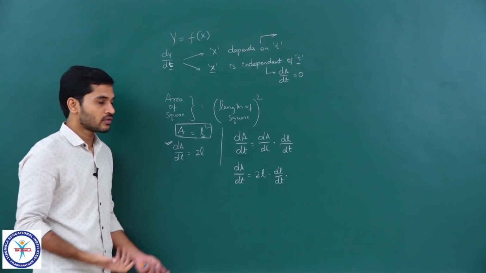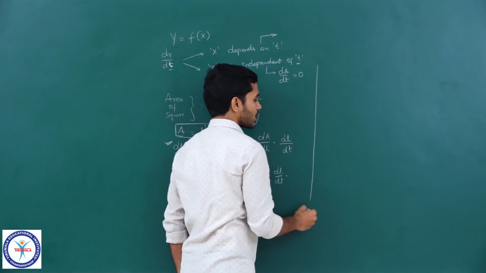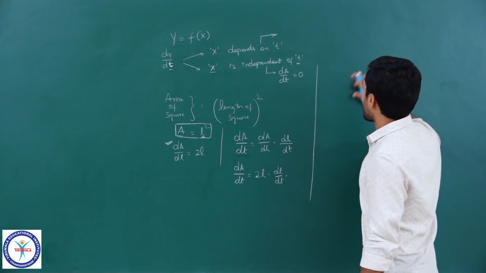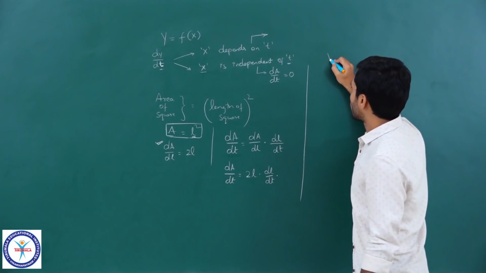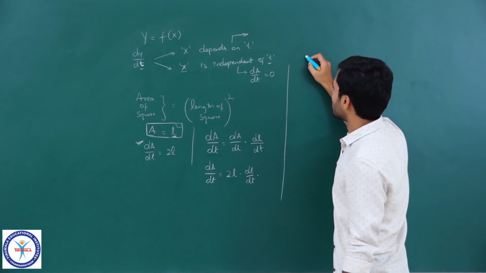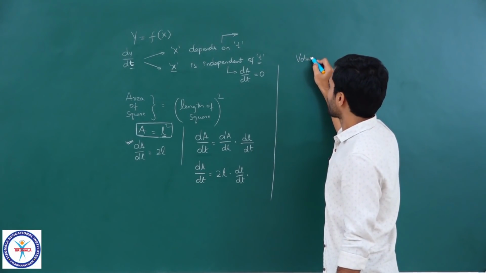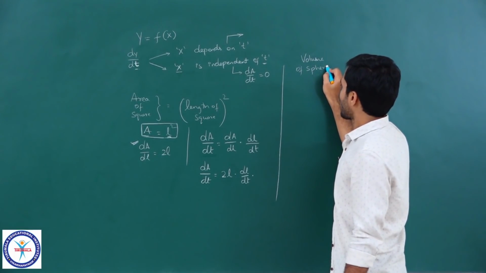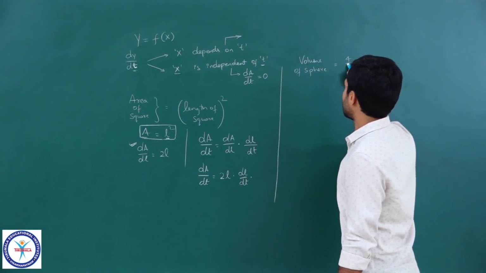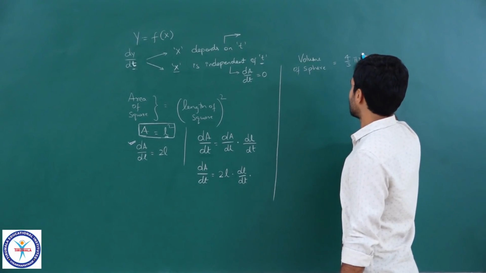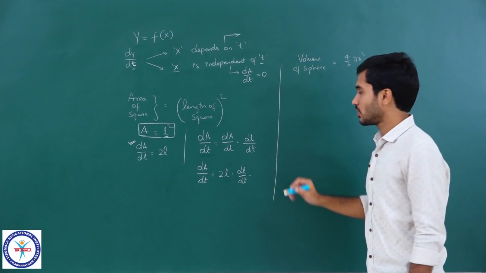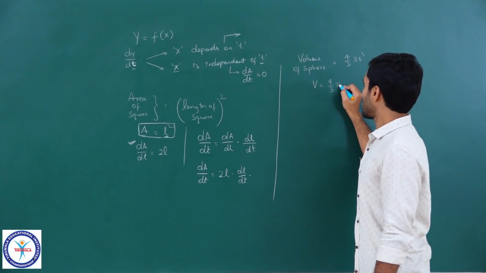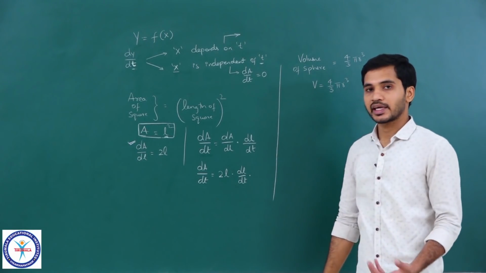Do you understand that? For example, let us say I have given you a case like this. Let us consider the volume of a sphere, which is equal to 4 by 3 pi r cube. So, let us say I gave you this relation, which means V is equal to 4 by 3 pi r cube. Clear?